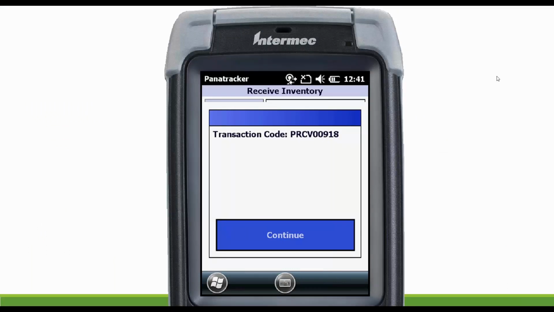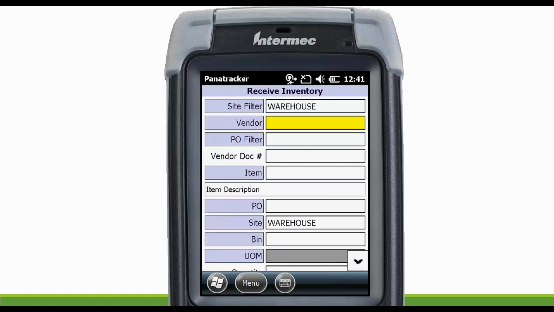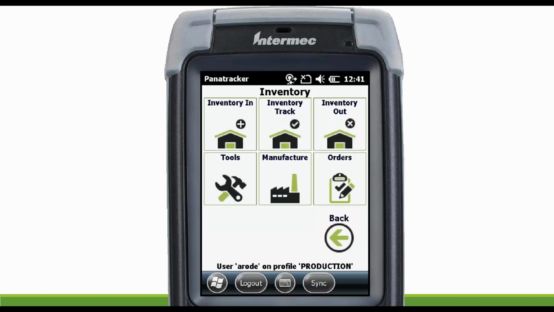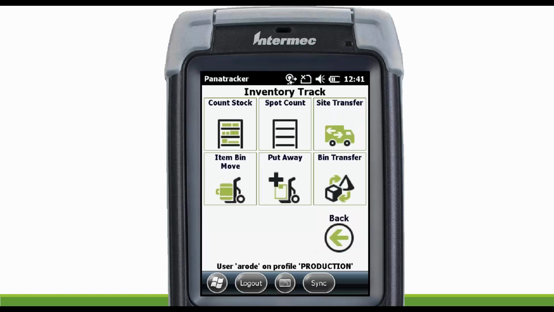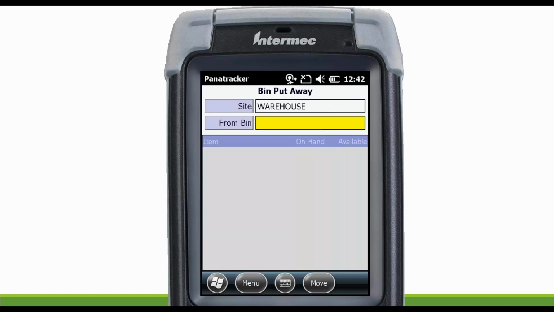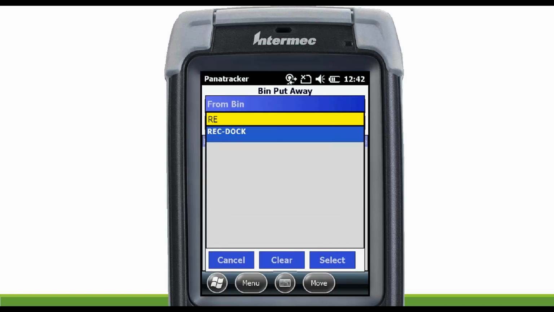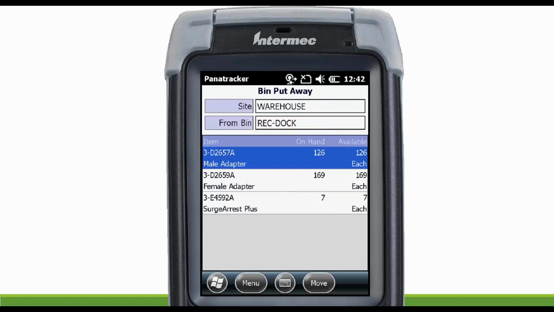Now we've looked at receiving our inventory. Maybe we need to look at putting it away. If we're using bin locations and we want to move our inventory, we can go into our inventory track screen, and we can go to put away. That put away transaction allows me to tell the system what bin I am working with. We'll use our lookup list, and I'm going to go to bin receiving dock. And just like that, you can see I have 3 items in my receiving dock, and I can hit the